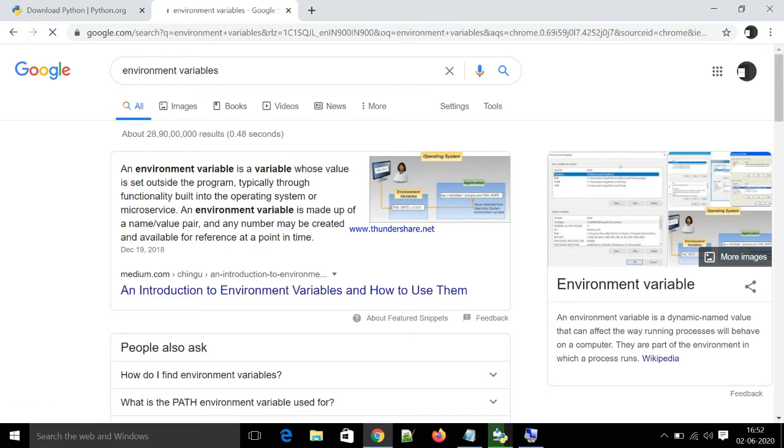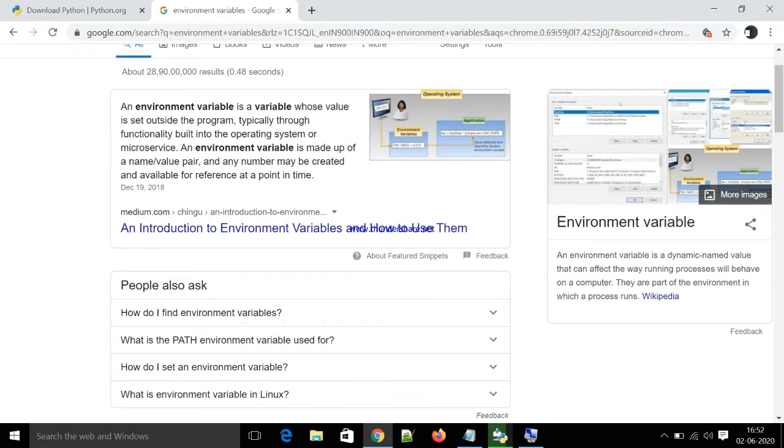To know more about it, we can just Google it here. See, it is a variable whose value is set outside the program, typically through functionality built into the operating system or microservice. This is important: an environment variable is made up of a name/value pair, and any number can be created and available for reference at a point in time.